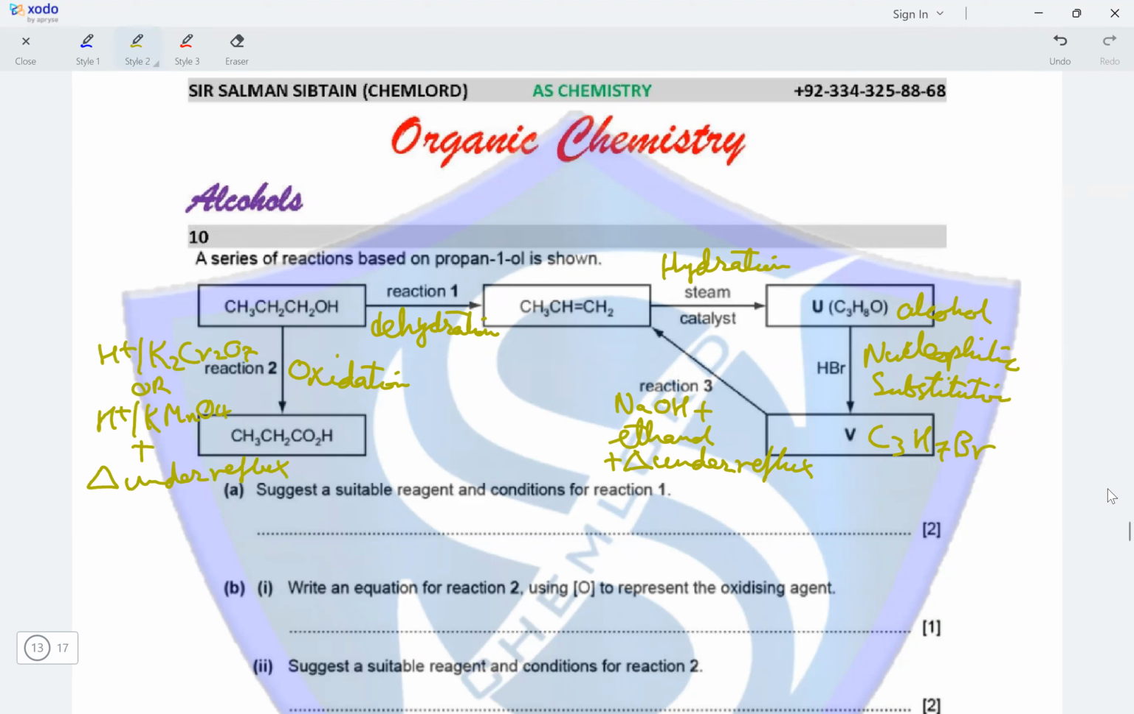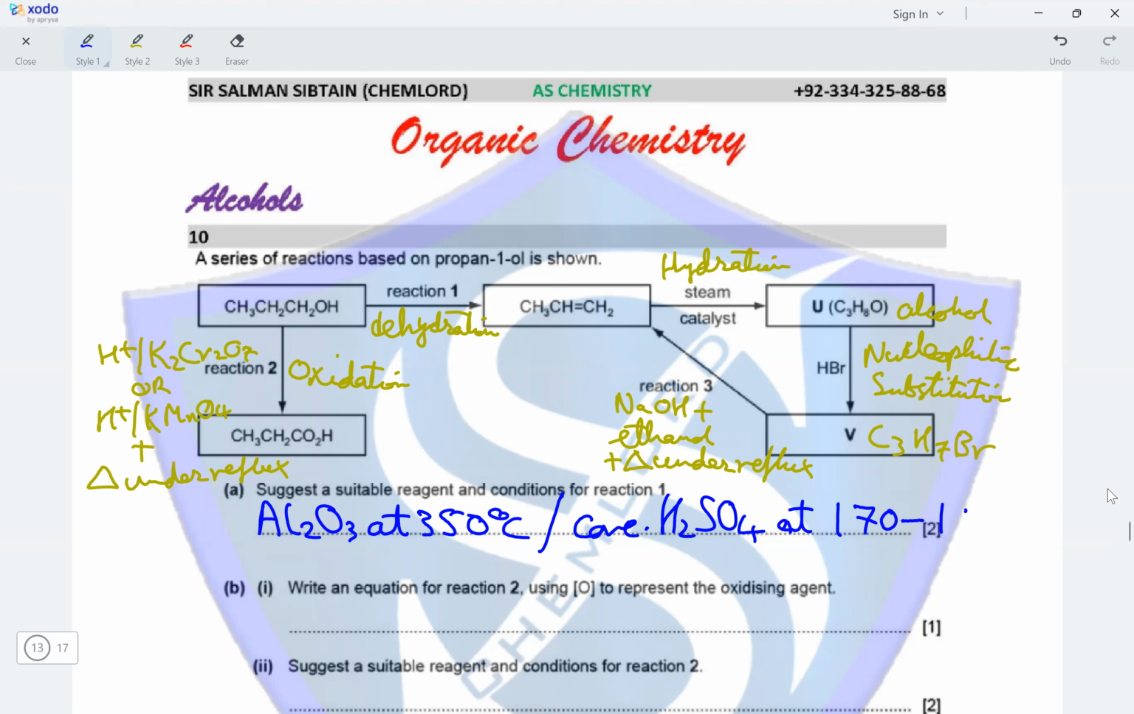So these are all the types of reactions and the different reagents and conditions required to carry out all the reactions shown in this organic synthesis flow diagram. So suggest a suitable reagent and condition for reaction 1. So we have dehydration taking place. So a suitable reagent and condition would include either Al2O3 at 350 degrees Celsius, or we can have concentrated H2SO4 used at a temperature range between 170 to 180